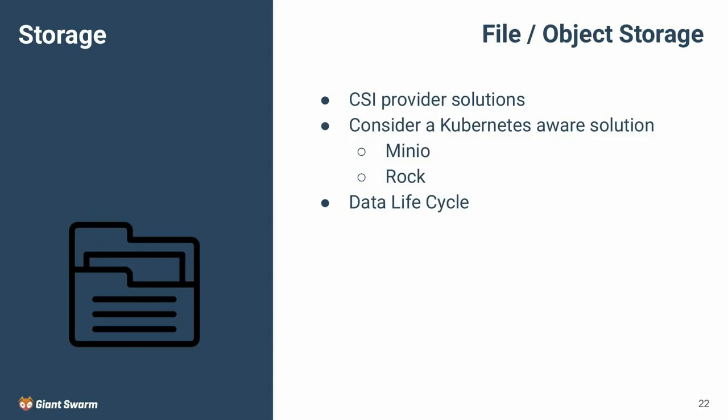Then for the file and object storage, the providers are implementing CSI solutions. So for example, AWS allows you to provision EFS volumes. There are also controllers to manage S3 buckets. Same for GCP. Okay, and then there are solutions like MinIO or Rook, which give you an abstraction upon these different